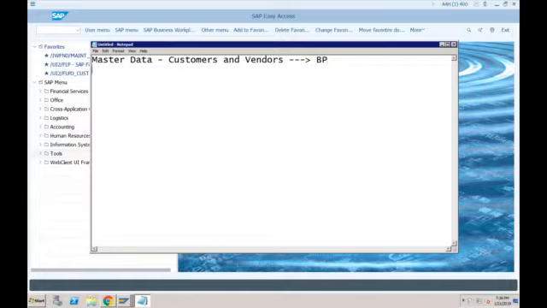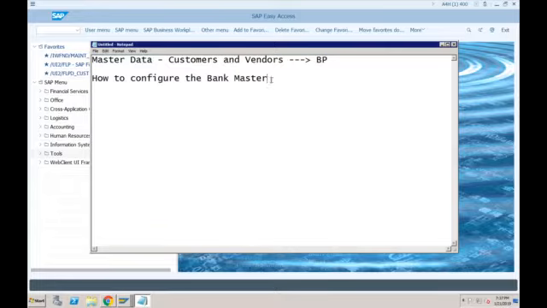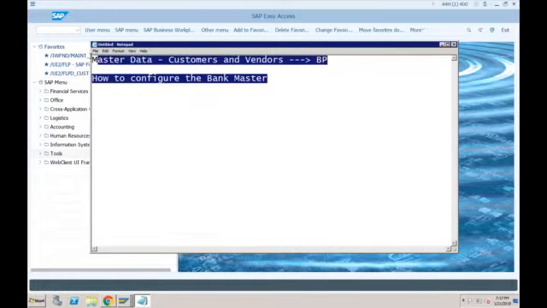And the second thing that we need to see is how to configure the bank master data or configuration data, both. The way in which the house banks are created, the way in which the bank accounts are created, again there is a change there. So these are the only two topics that we need to discuss, which are considered as delta when it comes to accounts receivables and accounts payables. So let's start from here.